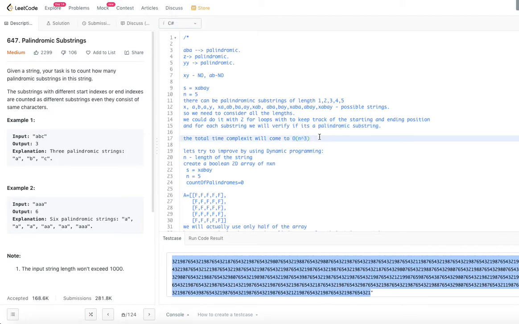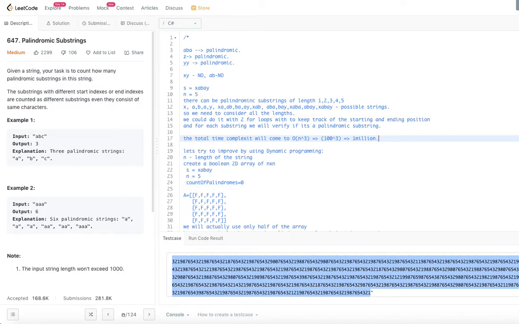So we could solve it in that way, but let's see if we can improve the time complexity by using some other technique. There comes another technique called dynamic programming. We will try to solve it with dynamic programming and see if we can improve anything. Just to give you an idea, if n was 100, this would take 100 to the power 3, which is equal to 1 million.